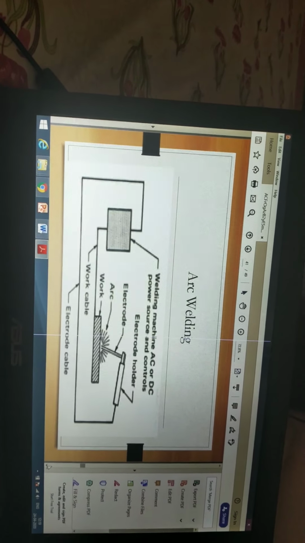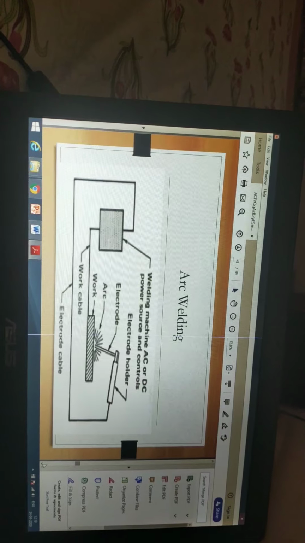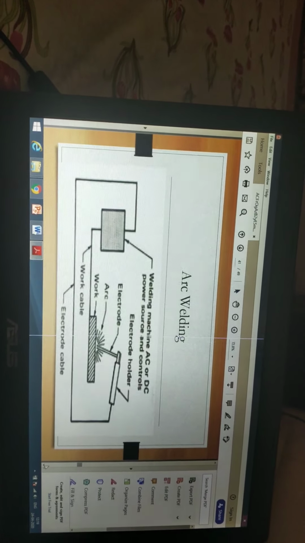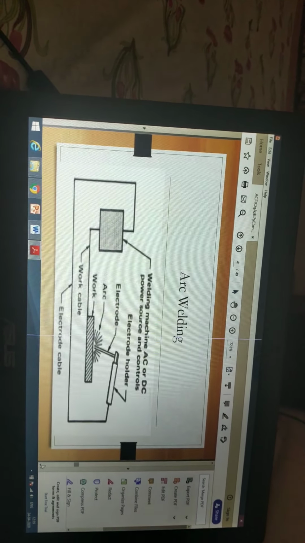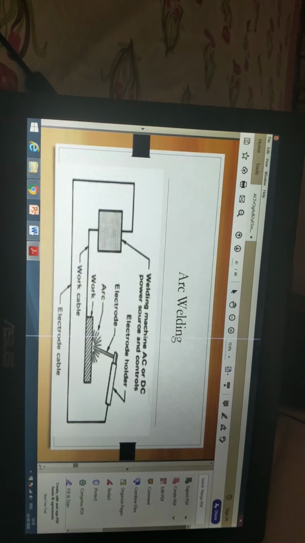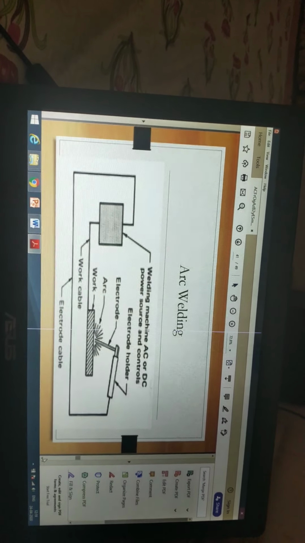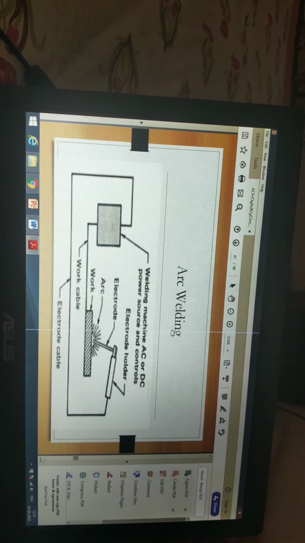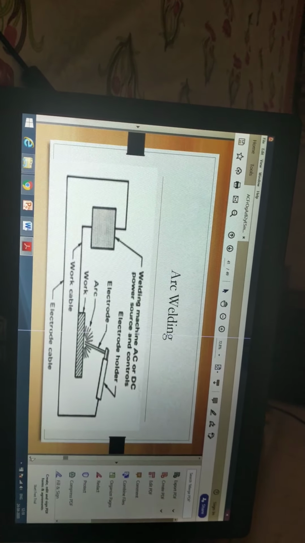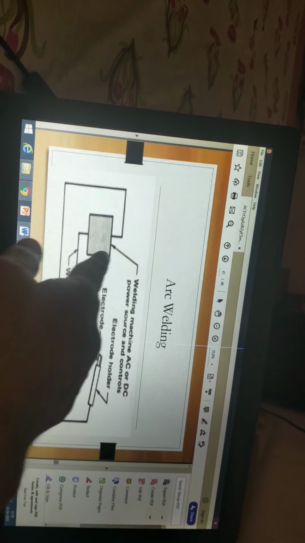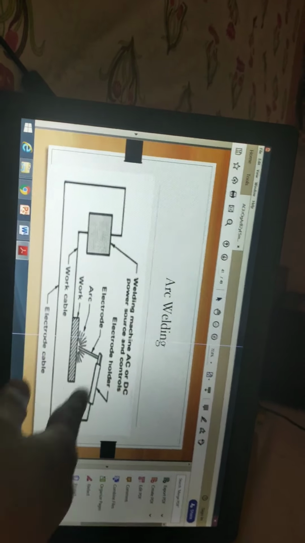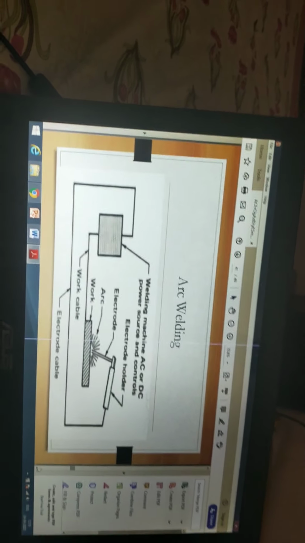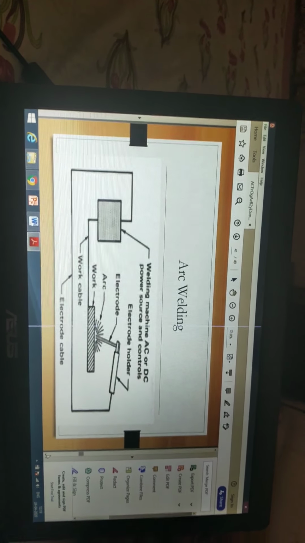Arc welding, if you go through the figure, you will see that this is the schematic diagram of arc welding which we are doing in our workshop. Have you seen in our workshop this electrode you are holding? The workpiece is there, the transformer welding machine is there, and with the help of the welding machine we are creating an arc and joining